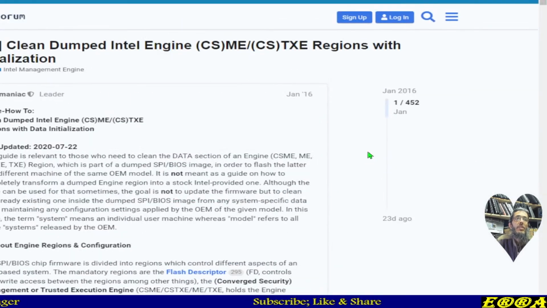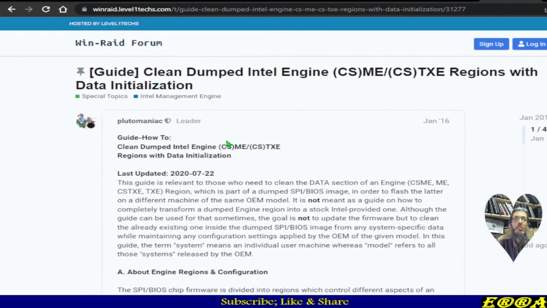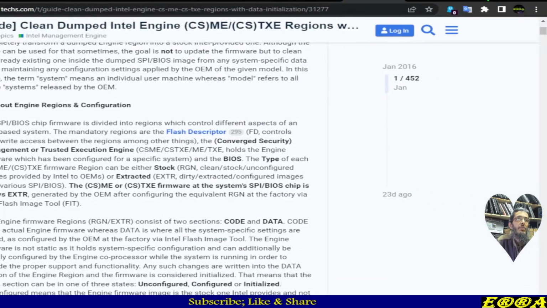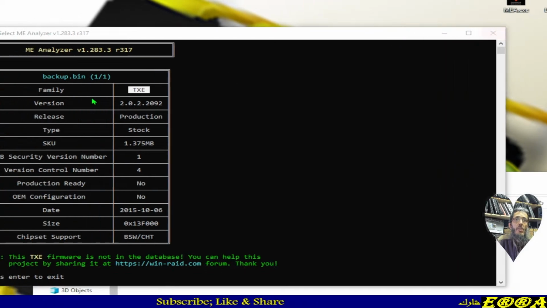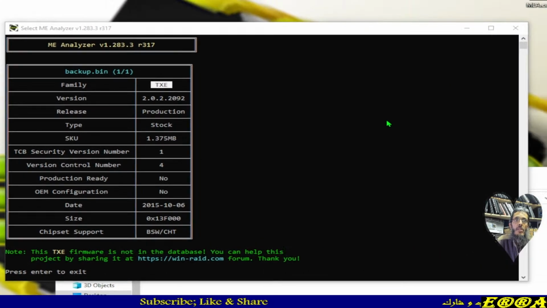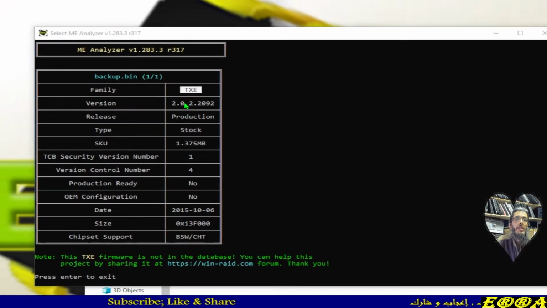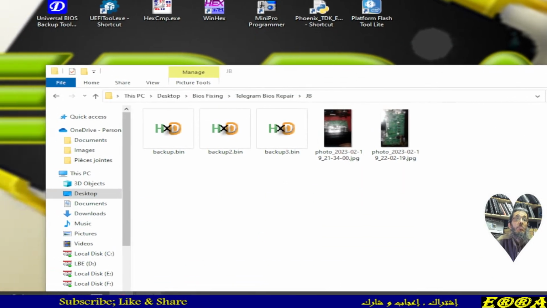So here you can check these things, the difference between TXE and how to clean ME out of your files. But anyway, let's close this. So we got this ME Analyzer opens correctly the file and gives us the desired information about this region. But